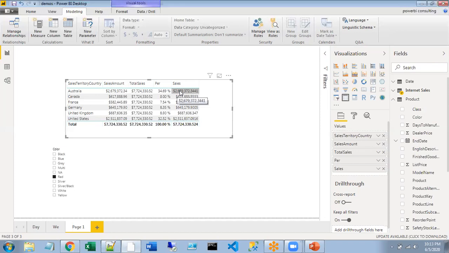You can create as many measures as you like, it's not a big deal, but creating many calculated columns is not recommended at all. I think this helps you clearly in understanding the difference between a calculated column and a measure.